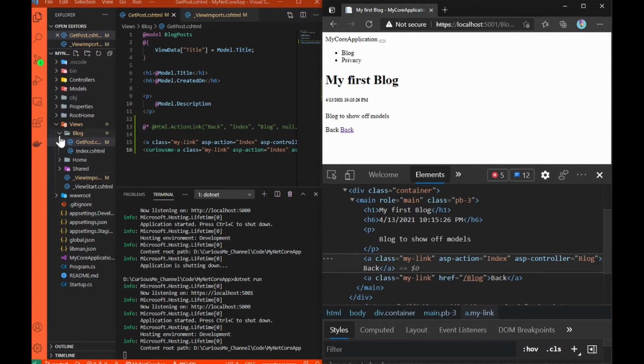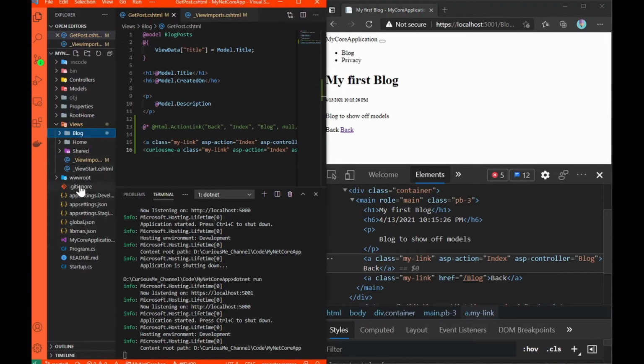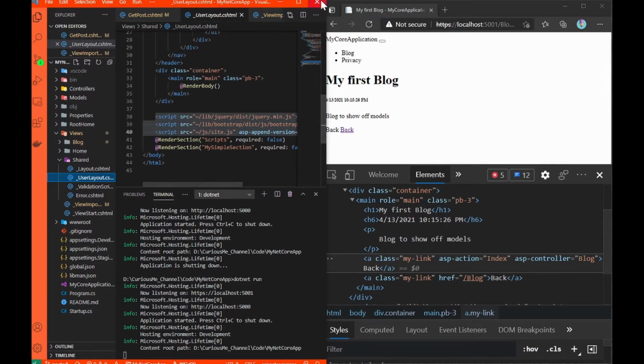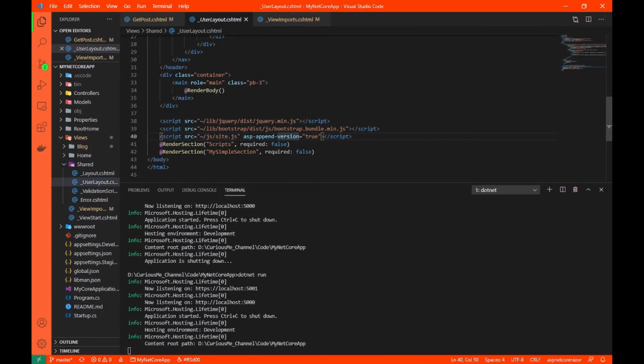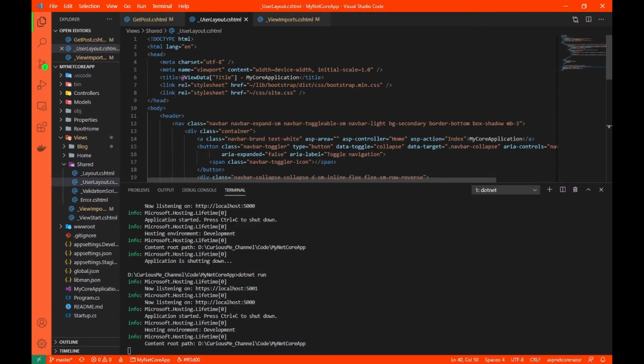Now, why is this page broken? Basically, since we have used the .NET CLI, all of our views, all of our styles and all of our JS, okay, I'll show it to you. Users layout, all of these are tag helpers, but these do not start with curious me dash. So that's why they did not render properly. For that I'd have to change all of these into curious me dash, and then it will work, but I do not want to do that. I just wanted to show you why the page broke.